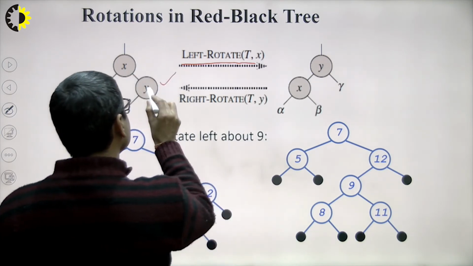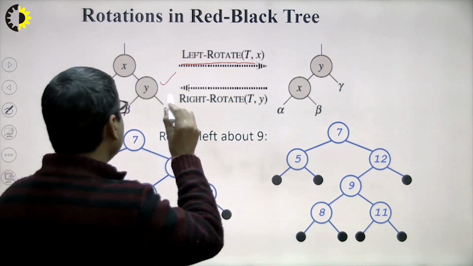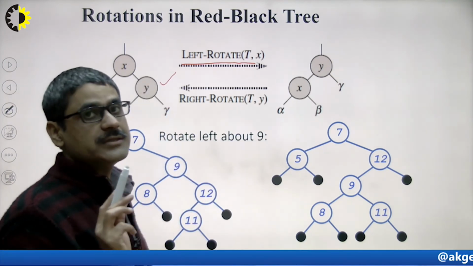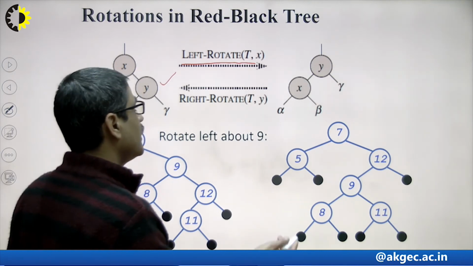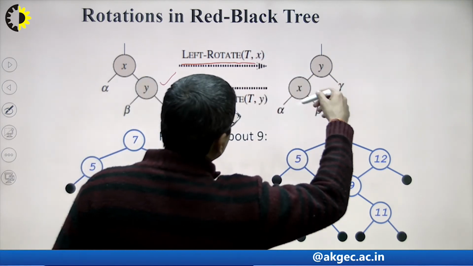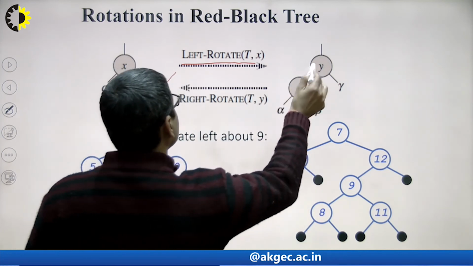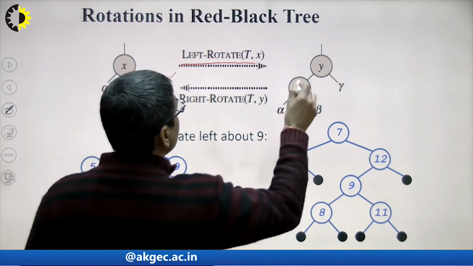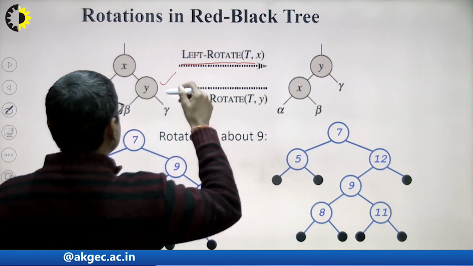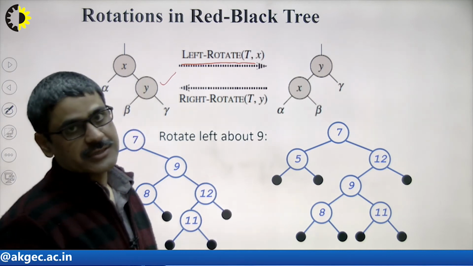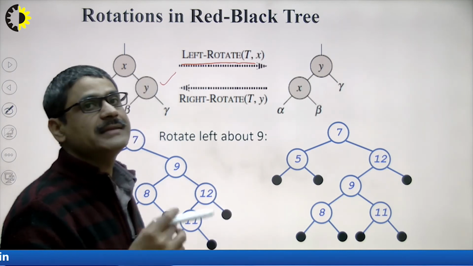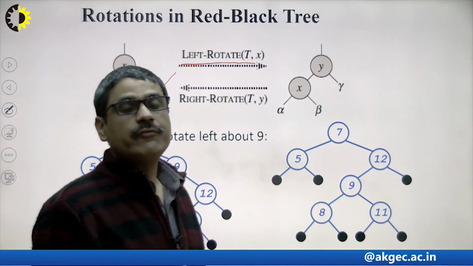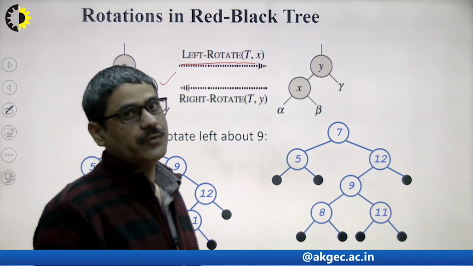The primary important thing is what? We have to check that the right child of the particular node is available; only then is the left rotation possible. One interesting thing: if you apply the right rotation onto the particular node y, which is now the parent, you get exactly the tree that existed before the left rotation. So if you continuously apply left rotation and right rotation, you get the same tree from which you started.